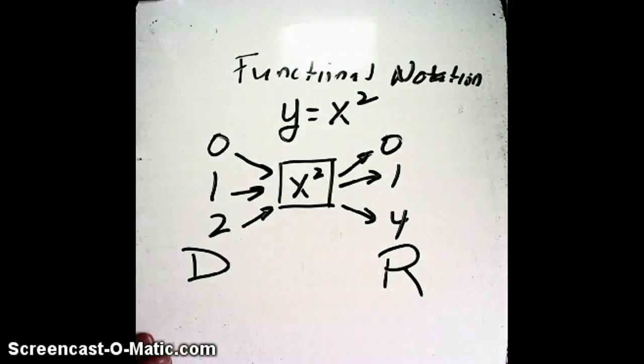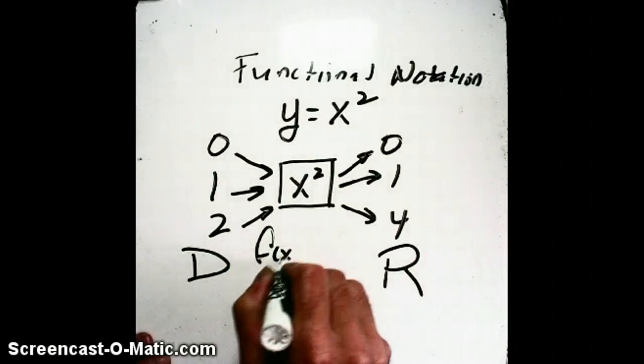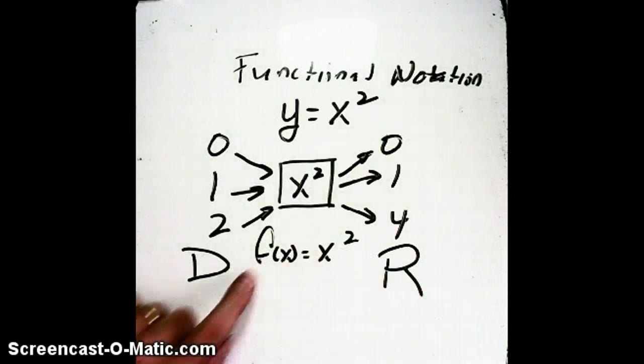I could also write this in this notation. F of x is equal to x squared. F is really representing